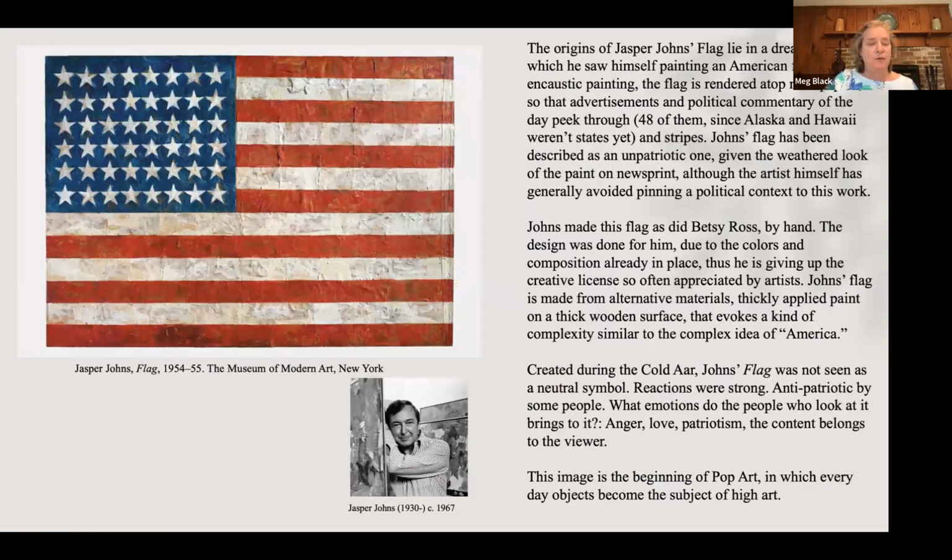So by 1954, we're now in the Cold War. And we have Jasper Johns, who's actually still with us. This is a photograph from about 1967. And he paints the American flag as an image, again, of the American flag based on a dream he's had. And he uses encaustic, which is a very ancient medium. It goes back to ancient Egypt, but it was very popular with the Romans. And it's using wax and pigment. The wax holds the pigment, much like oil would hold pigment, or acrylic would hold the pigment.